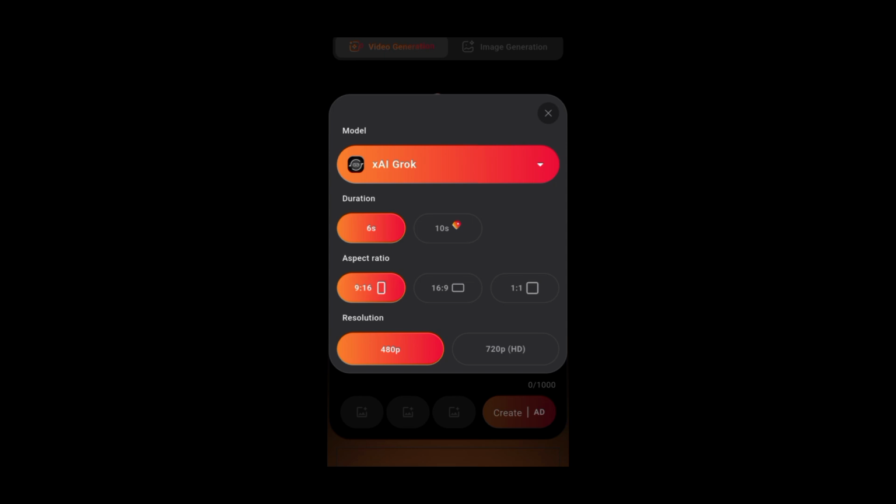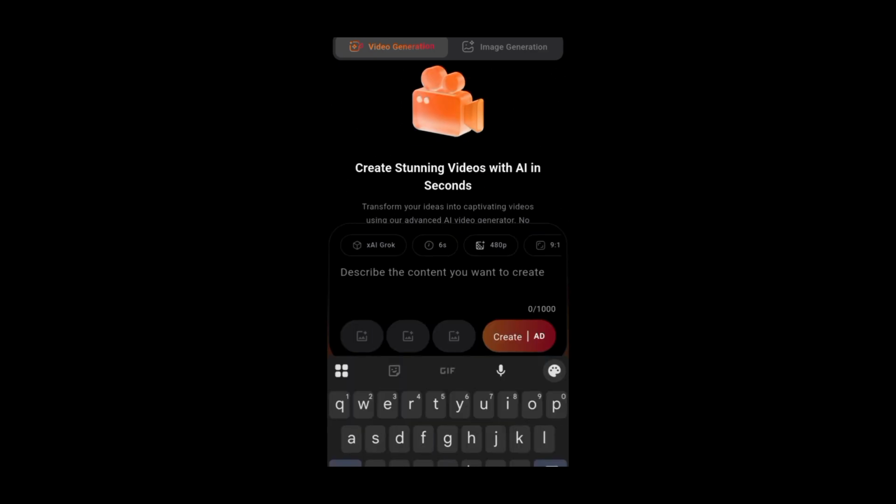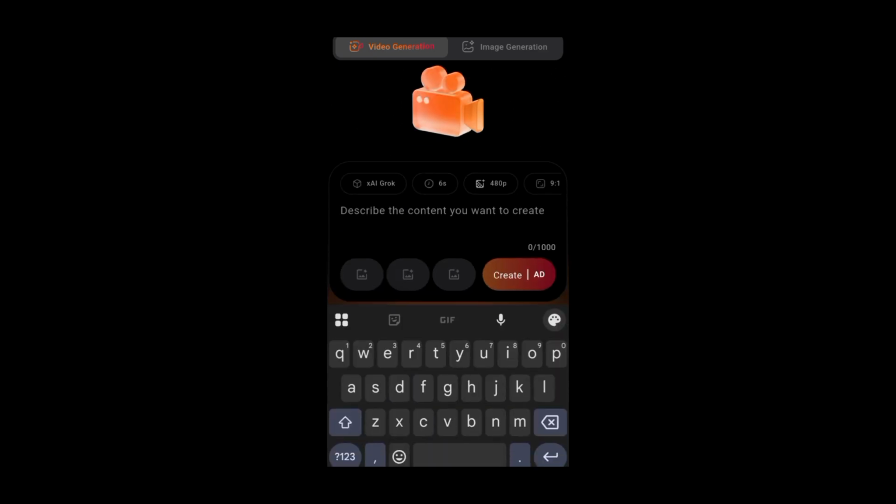Then you close it up here. So you see the settings will be active here. Now you click here to enter your prompt, describe the content you want to create. So let's say a woman, okay, let's say an African mother advising her daughter